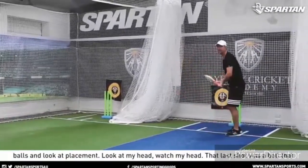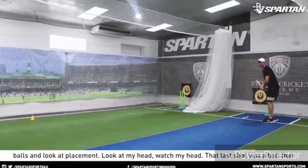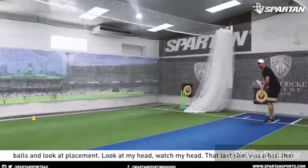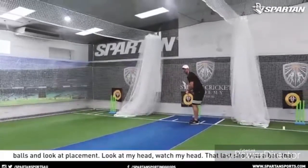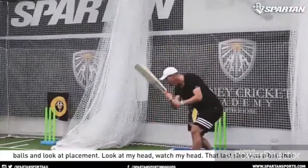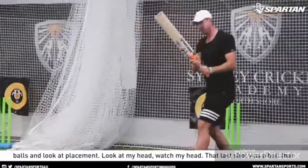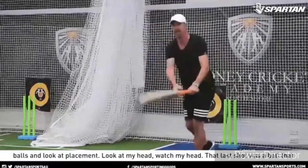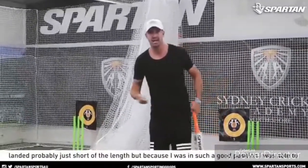Bang. Bang. Bang. Look at my head. Watch my head. Bang. Bang. Bang. That last shot was a ball that landed probably just short of a length, but because I was in such a good position,